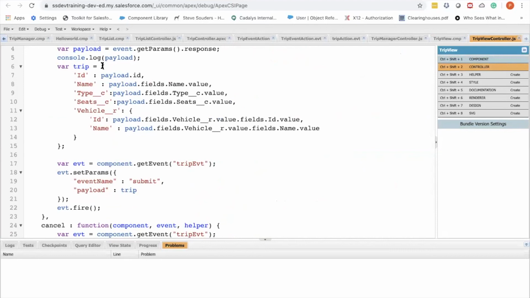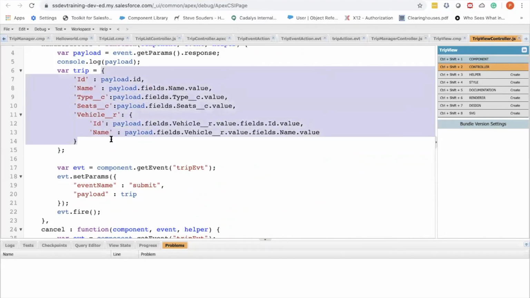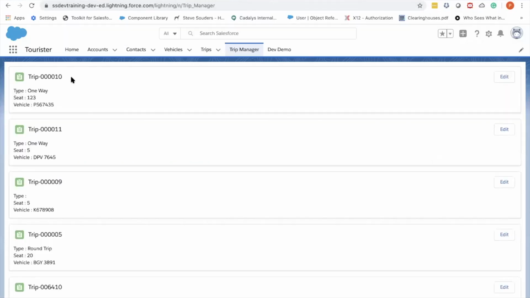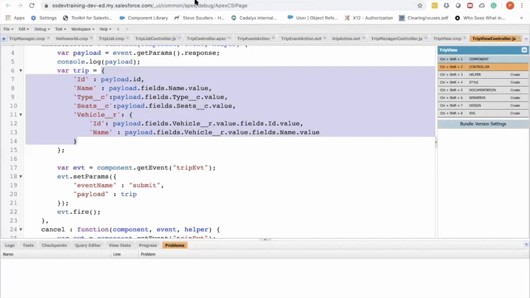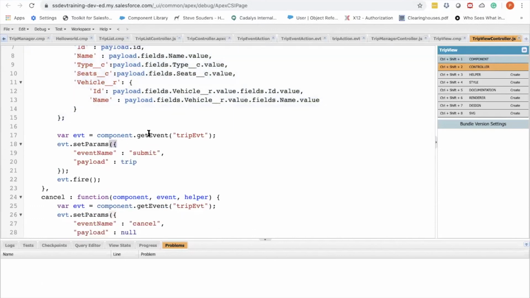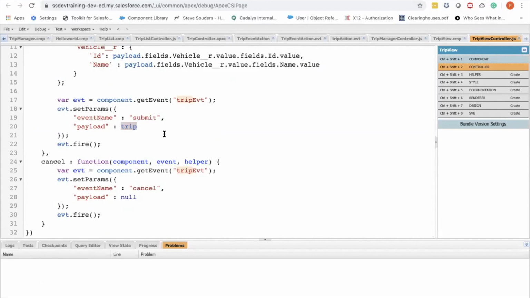What I'm trying to do is I'm passing the whole payload information, the whole trip information that is required over here. I'm constructing the trip information, and again I'm using component event equal to submit, and I'm sending the whole trip as the payload.